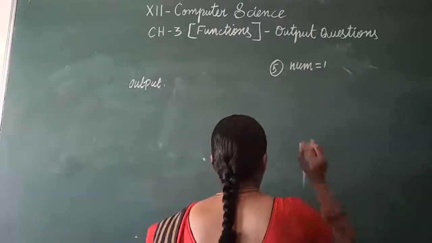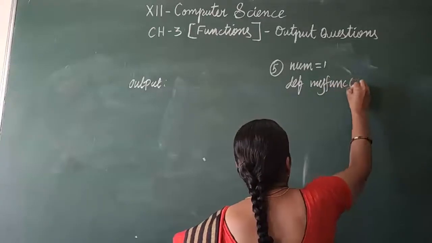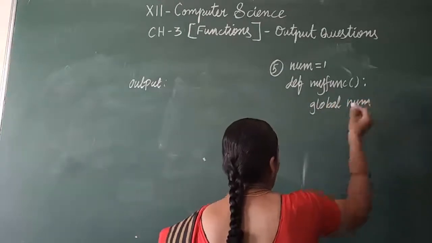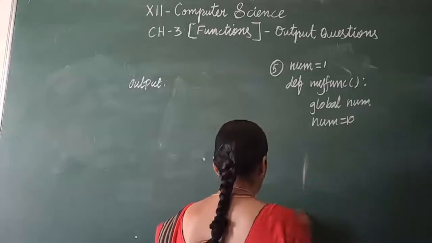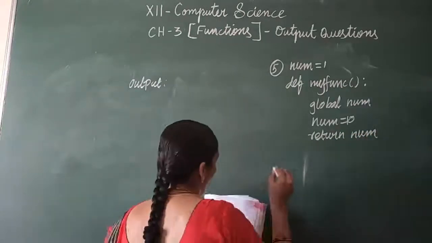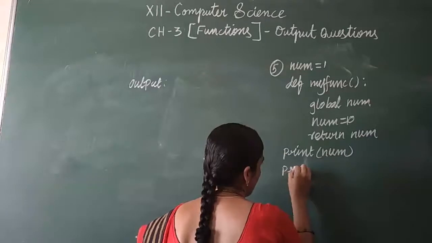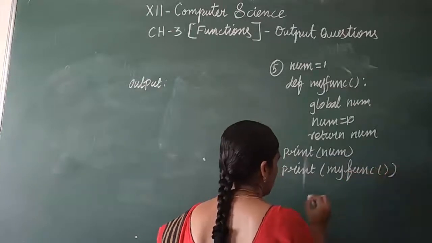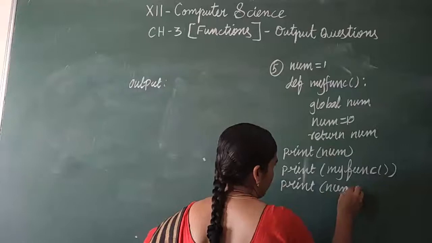Num is equal to 1, then def my function, then global num is equal to 10, then return num, then print of num, then print of my function, then print of num. Okay,